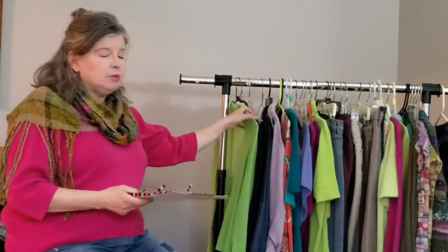If you have a big walk-in closet, you have even more options than I do, but that gives you a chance to put in the prime spot your capsule wardrobe. So let's talk now about some of the things I just described, those elements, and how we might be able to use some of these ideas at least in preparing a spring wardrobe that will look good and feel good on us. First thing is, I pulled out here